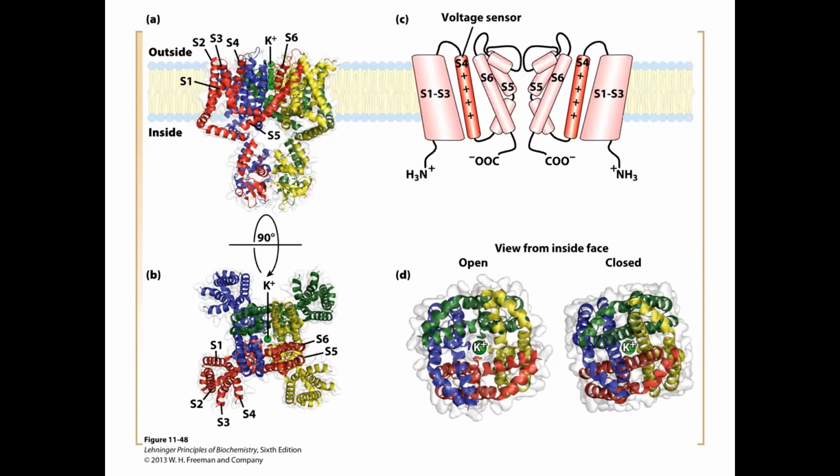Normally, with the membrane potential, the inside of the cell is relatively negative. With a more positively charged internal cell, these arginines now will move away. That will cause the channel now to open. Movement there is going to send a conformational change throughout the whole channel, and that is going to set up